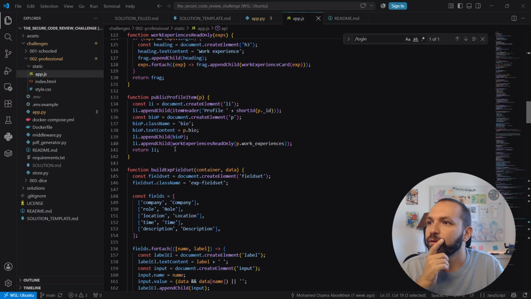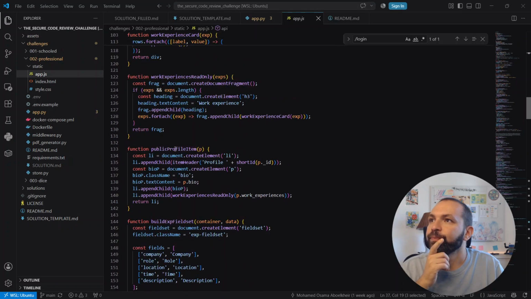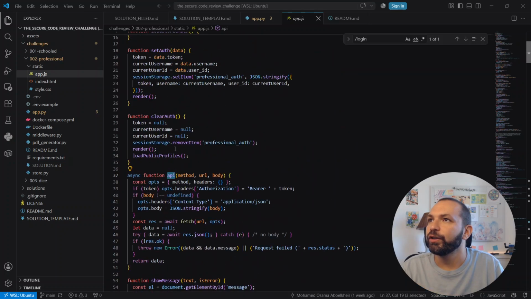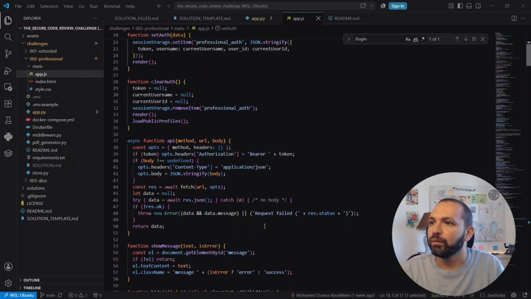So let's try and find out where exactly this is happening. We can see that this is in the session storage. We have the token and we have the user ID. So now we want to take this and we want to send it. And this token just